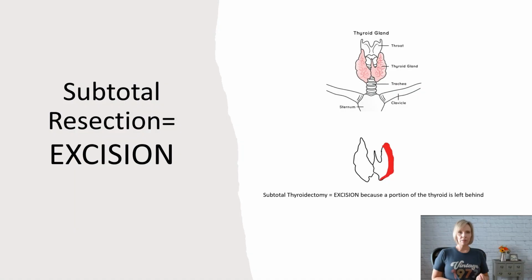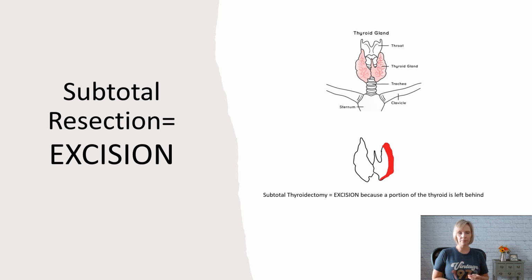Let's take the example of a patient who undergoes a near-total thyroidectomy, where both the left and the right thyroid lobes are removed, except for a small portion of thyroid tissue is left behind. In this case, the appropriate root operation is excision because the documentation clearly states that a portion of the thyroid